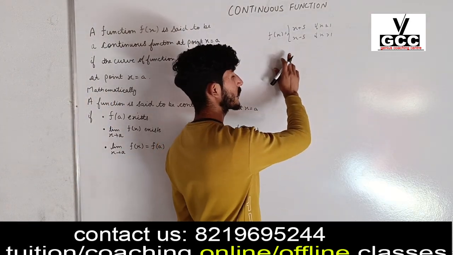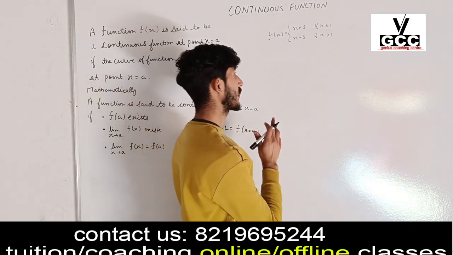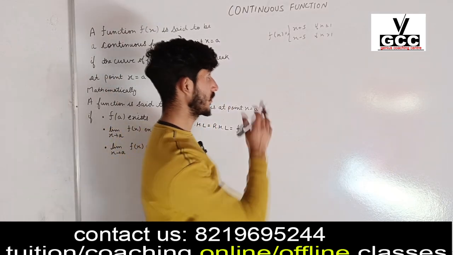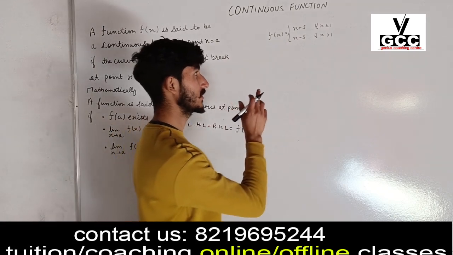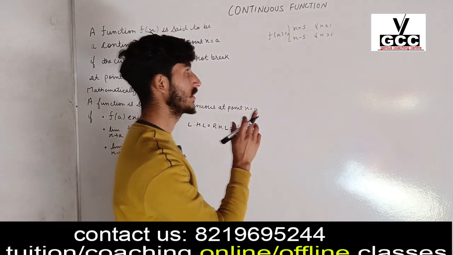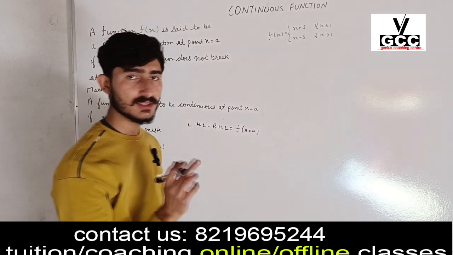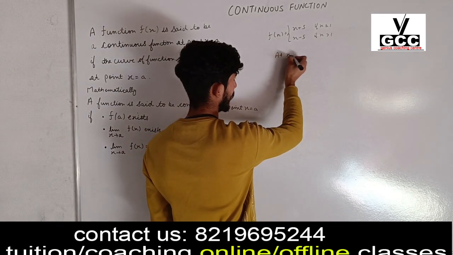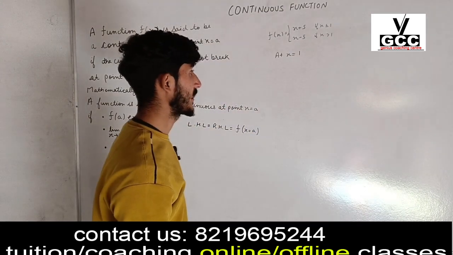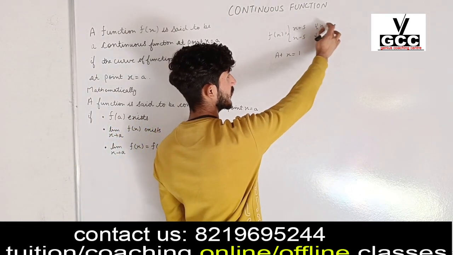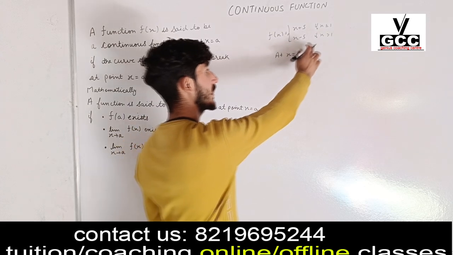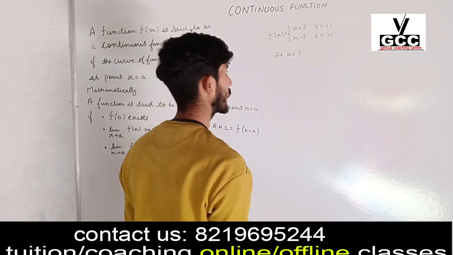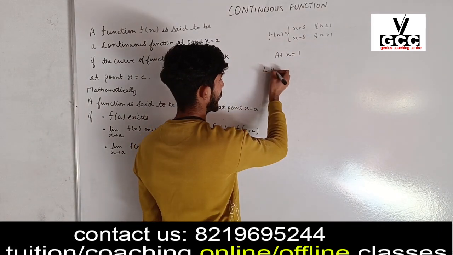Let us consider another example. We have to find the point of discontinuity of the given function. We know that a polynomial function is a continuous function, but this function has two different expressions for x less than or equal to 1 and x greater than 1. So we have to find the point of discontinuity. We have a critical point x equal to 1. So we can check the continuity at x equal to 1, because for x less than 1 the given function is continuous, and for x greater than 1 the given function is also continuous. We have to check the continuity at x equal to 1, that is the critical point.